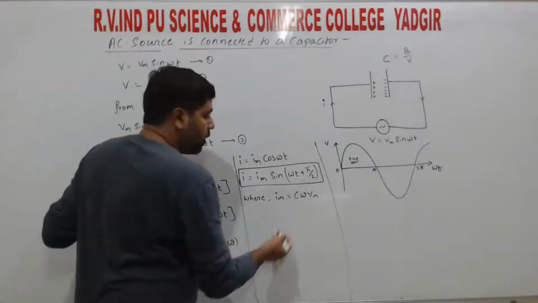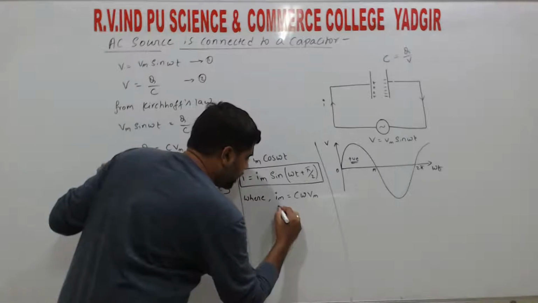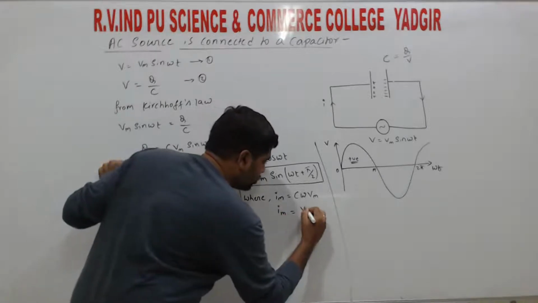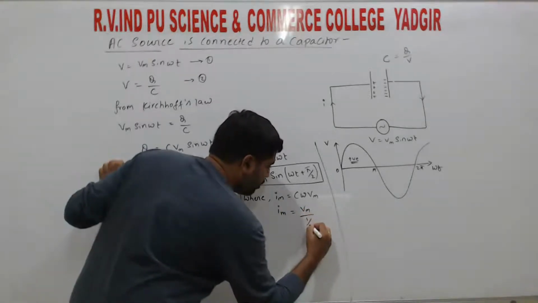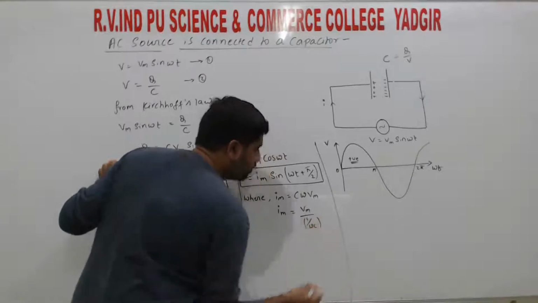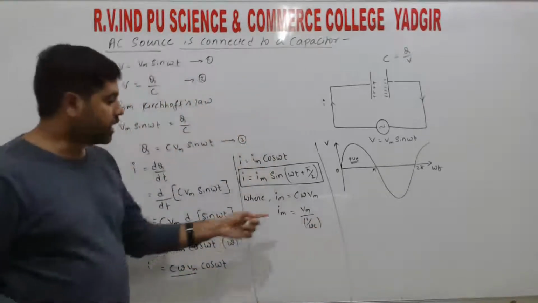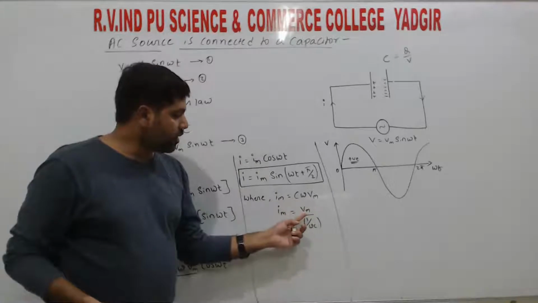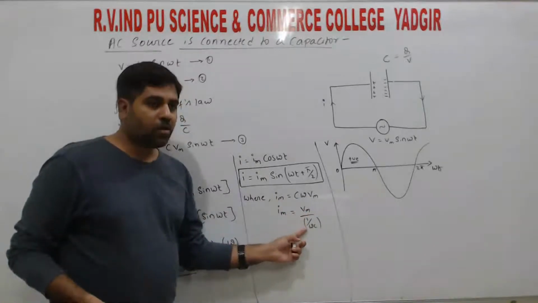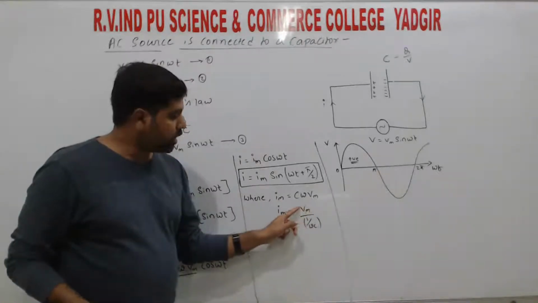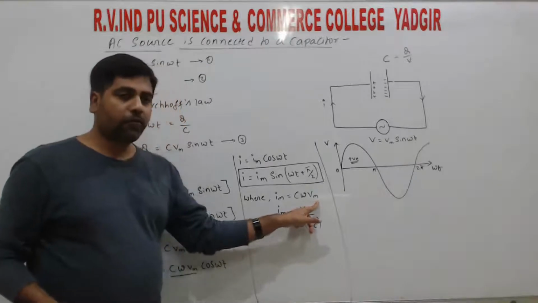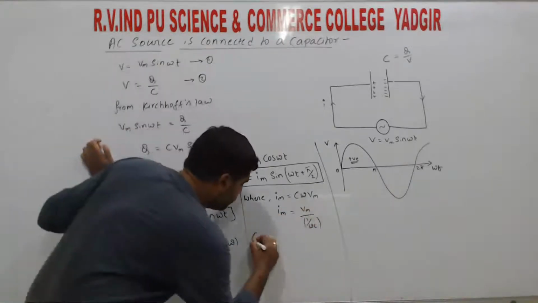Now we can rewrite this one as Im is equal to Vm divided by 1 by omega C, right? So we can rewrite this C omega Vm as Vm divided by 1 by omega C. If it goes to the numerator, again we get C omega Vm, right? So compare this